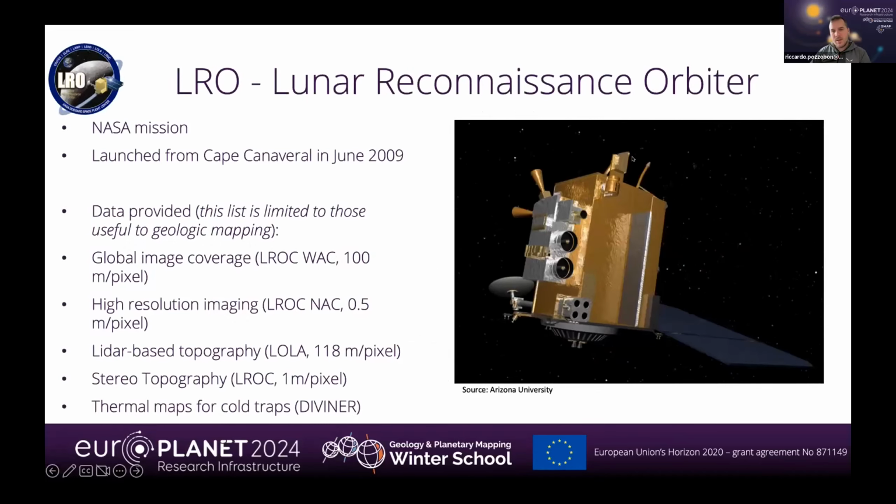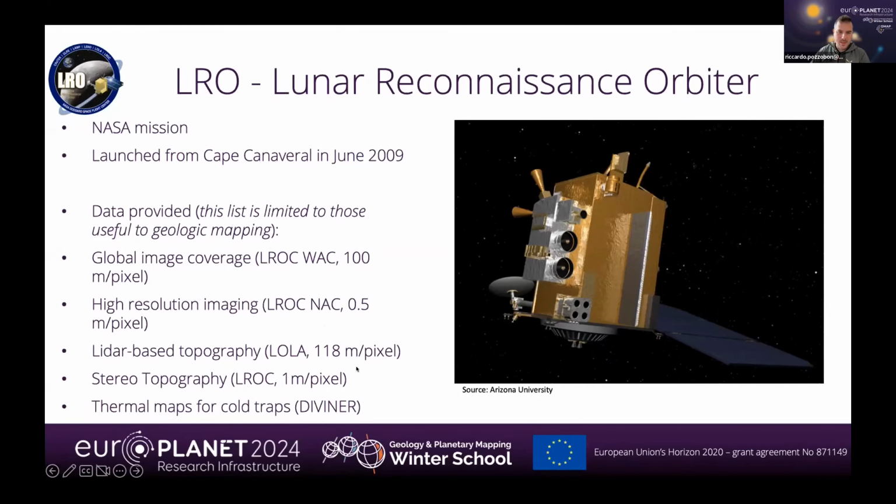So first, I would like to talk about the Lunar Reconnaissance Orbiter very quickly. It's a mission that was launched in 2009 from Cape Canaveral, and it carries quite a lot of instruments, not only imaging instruments, but also others. But the ones we are more interested in are the WAC, wide-angle camera, as I said, which has a resolution on the ground on the moon of 100 meters per pixel. So one pixel of the resulting picture is 100 meters wide. And the NAC, the narrow angle camera, has a much higher resolution, up to 0.5 meter per pixel, or even